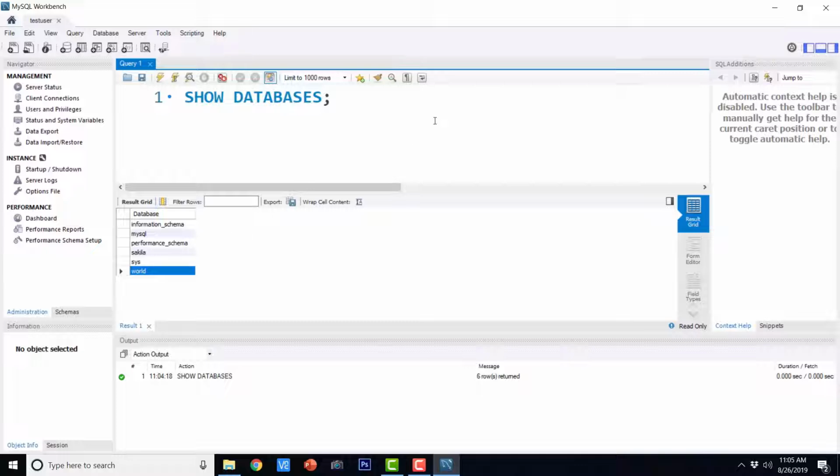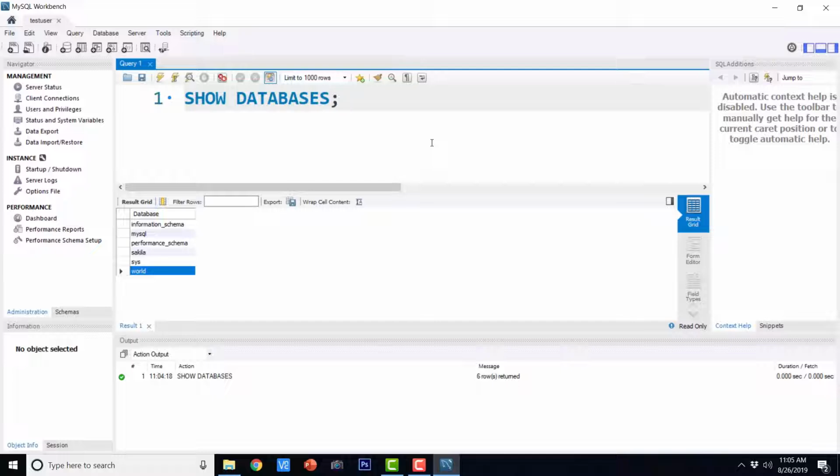Now there are a few things that we should be comfortable with. You can hold the control key of your keyboard and then rotate the mouse wheel, and this is how you can increase or decrease the character font size here in the query window. This is one of the most convenient ways to change the font size. All you have to do is press down the control key and rotate the mouse wheel. If you rotate your mouse wheel in the forward direction, it is going to increase the font size, and if you rotate it backwards, it is going to decrease the font size.